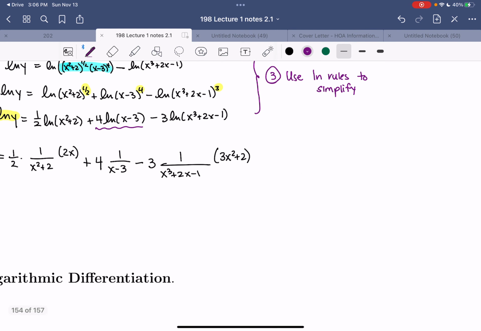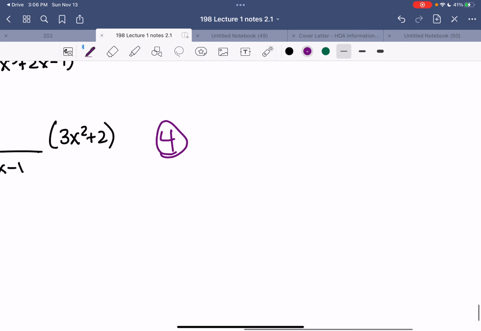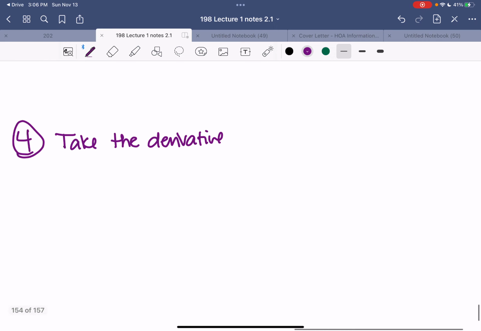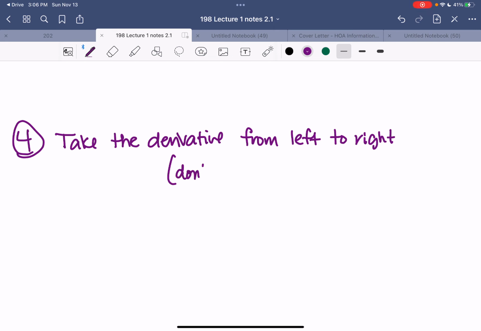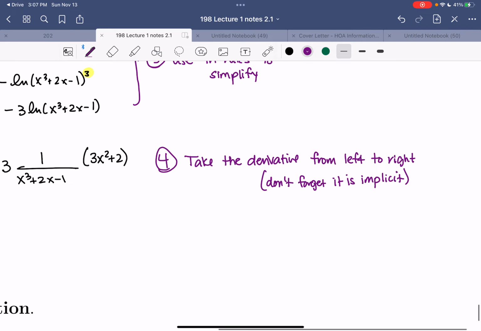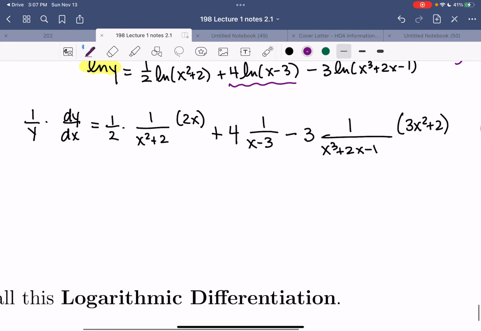So what do we do here? Step 4, we take the derivative from left to right. And in parentheses, I'm going to write, don't forget, it is implicit. Right? On the left, it's a function of y, so watch out for that. Okay, and because it's implicit, the last thing that I have to do is I'm going to get dy dx